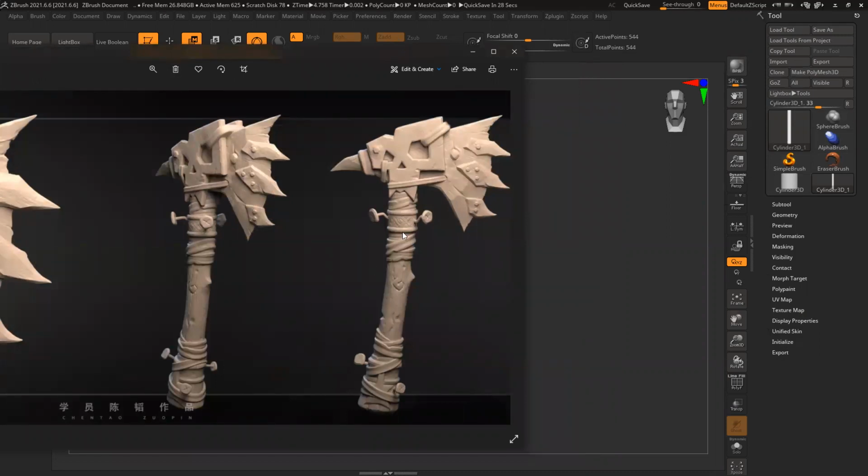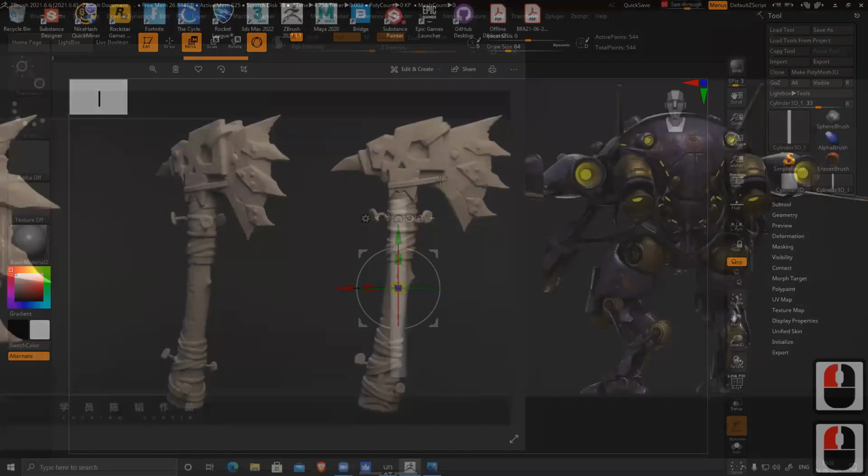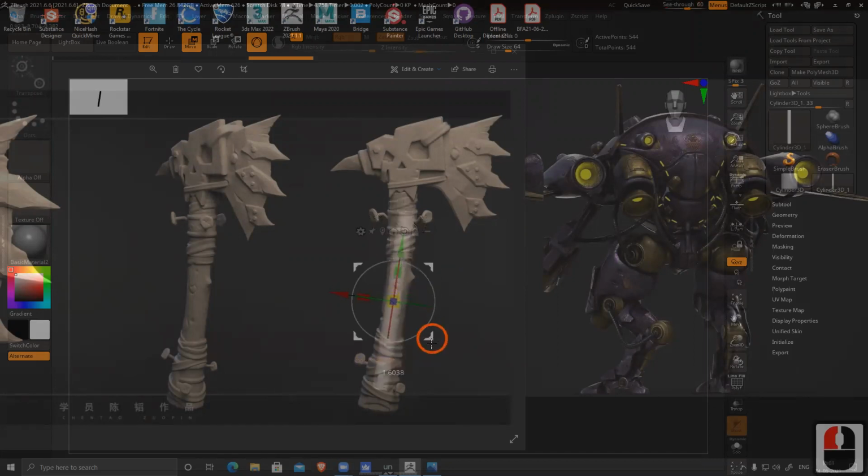It can be PureRef, IrfanView, the Windows default image viewer, anything. Just place it on the screen and make sure the reference you're going to match is in the center. Then go to ZBrush. You can see there is something called see-through. Just drag it. It will make your screen see-through. So now you can see this very easily.